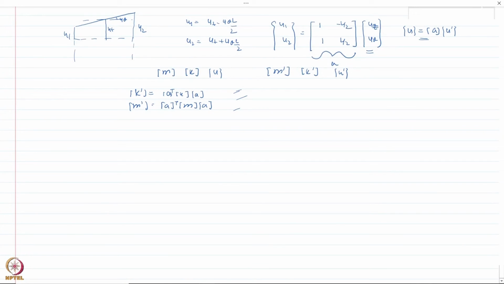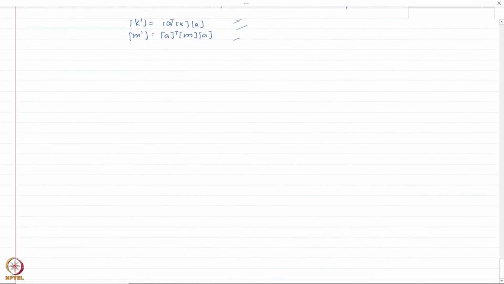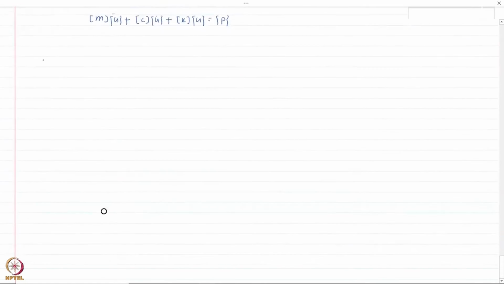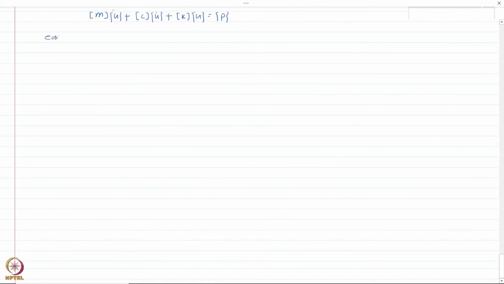All right, once this is clear, remember we have been writing down our equation of motion as mass matrix times acceleration vector, plus damping matrix times velocity vector, plus stiffness matrix times the displacement vector, equal to P. Now this is for any load vector P. Now if we consider earthquake ground excitation of a multi-degree of freedom system, so earthquake loads,